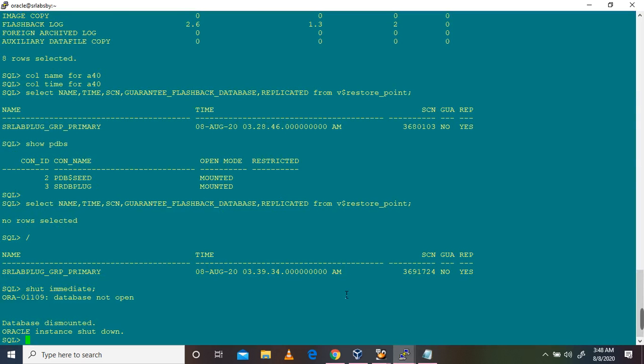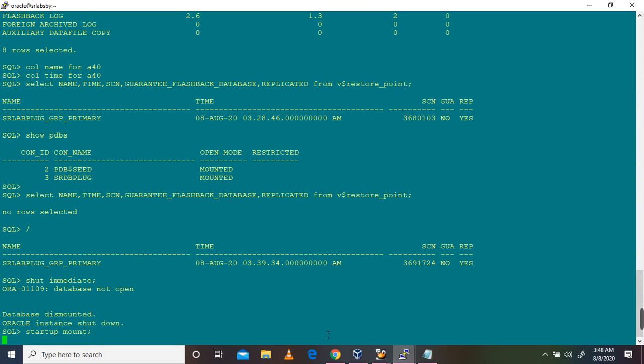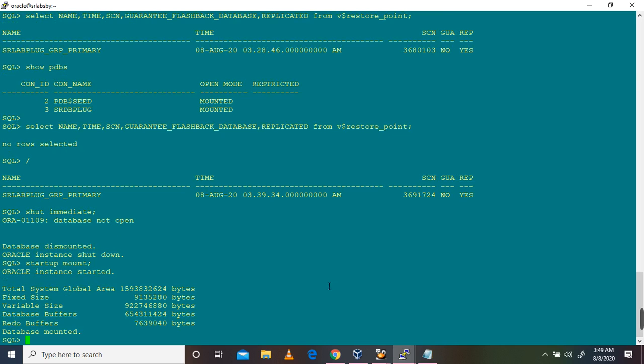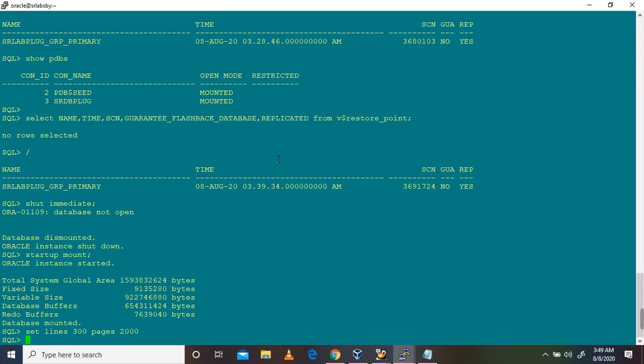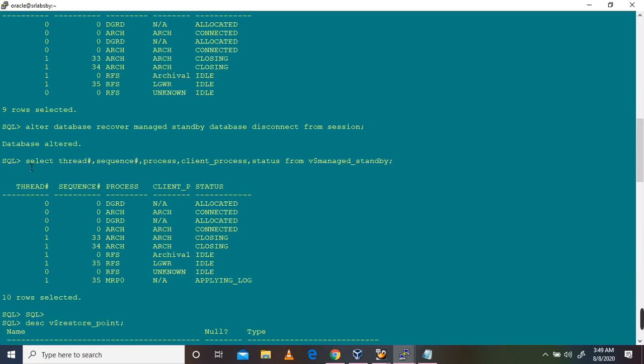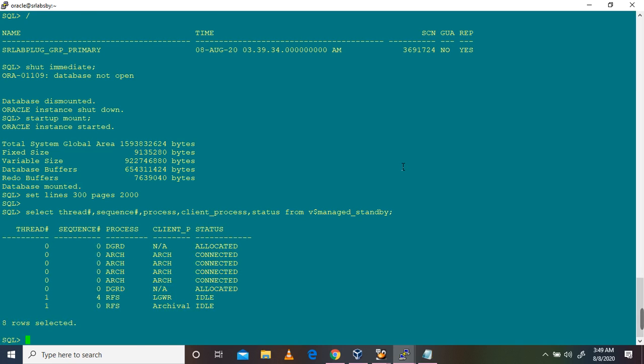Now on the standby side, startup mount. Now we'll check whether MRP is running or not. So it's not running.